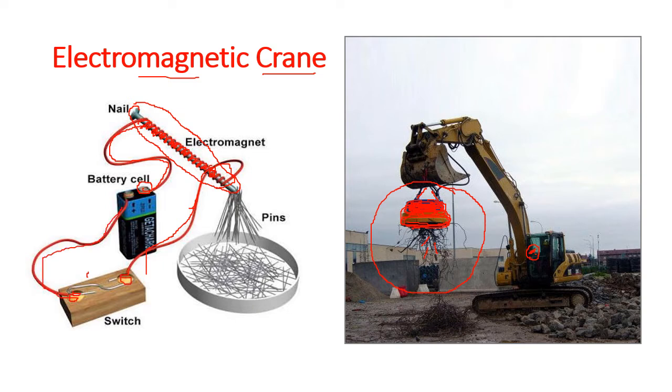When you press this U-pin to touch the switch, current will pass through the wire and this solenoid will act as a magnet. So because now this nail has become an electromagnet, if you take it near some pins, they will stick to the magnet. So you can try this activity at home, but make sure to use only a 9-volt battery at max. Do not go for direct electric current, just use a 9-volt DC battery and try it out. This is the working of the electromagnetic crane.